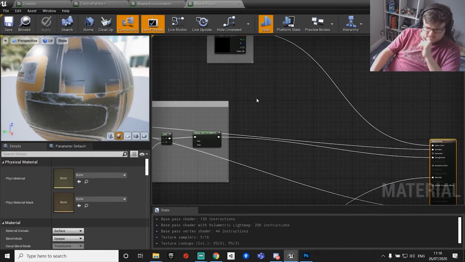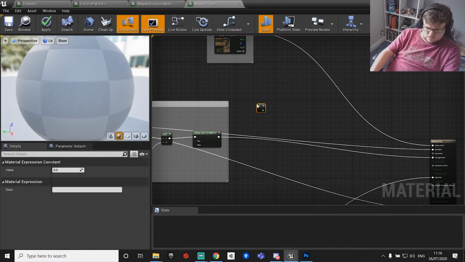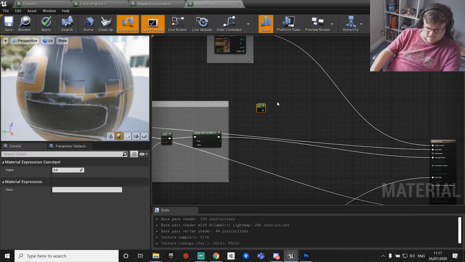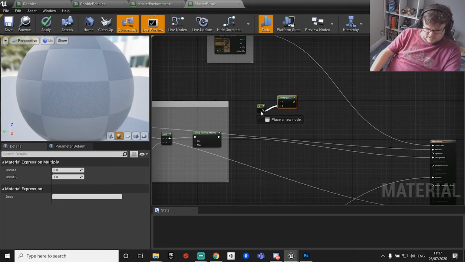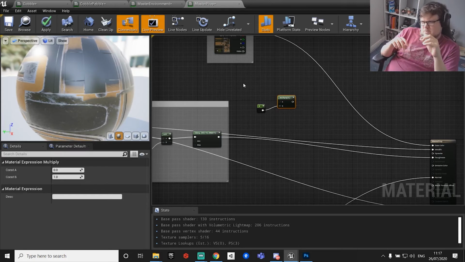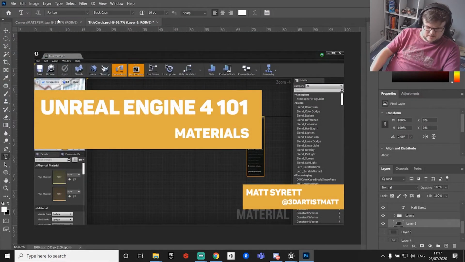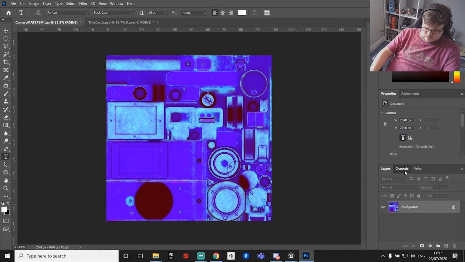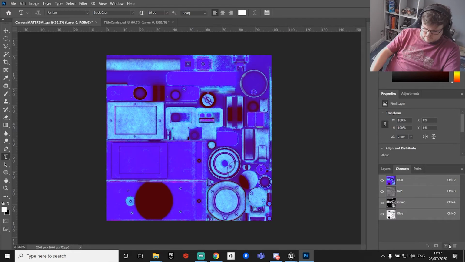So if I quickly make that now, if I hold 1 and left click, and then select M, left click, it's going to give me a multiply. Now, at the moment, this is not going to multiply on anything because we don't have the black and white image that tells me that there needs to be glow. Hang on, I can make one quickly. I'm going to create an alpha channel,